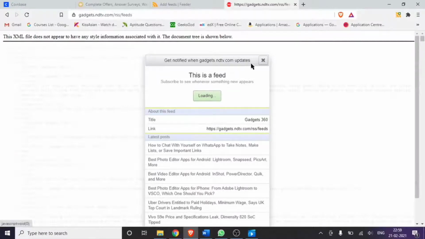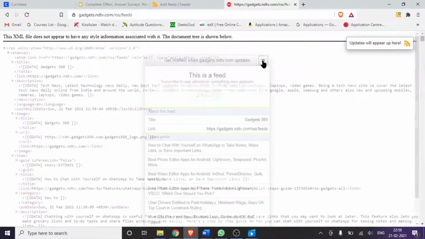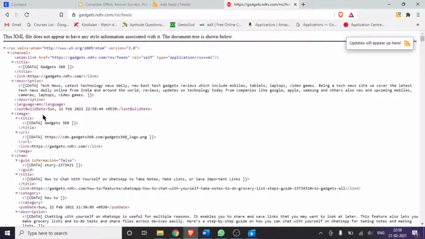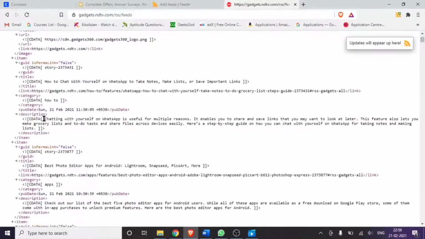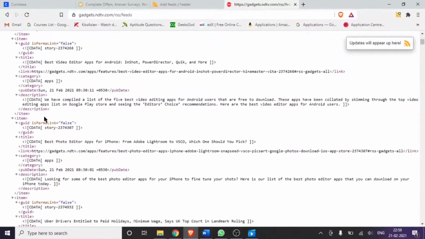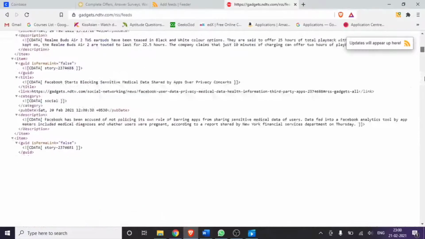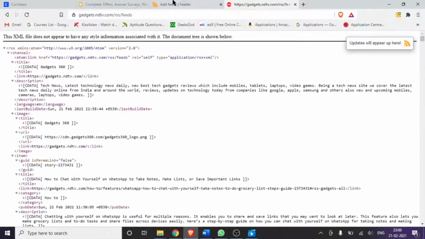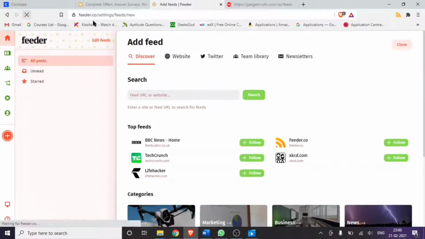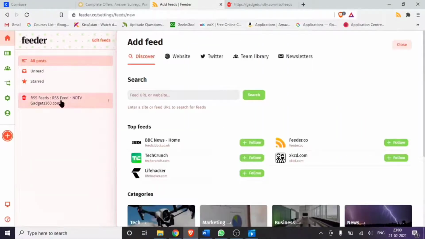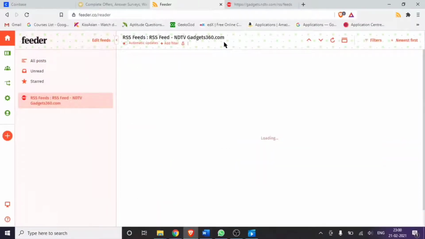I just click subscribe. This is how an RSS feed looks. It's not a colorful data, it's a huge code. Once I subscribe to that site and get back to my RSS feed reader,